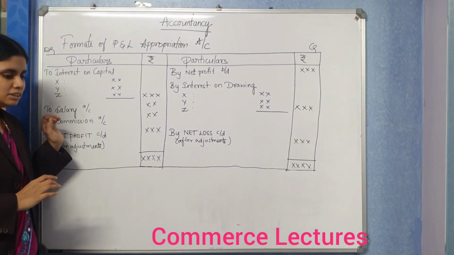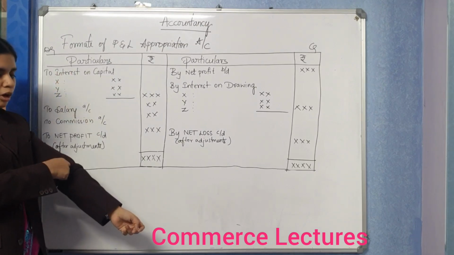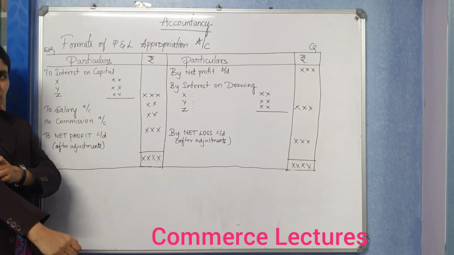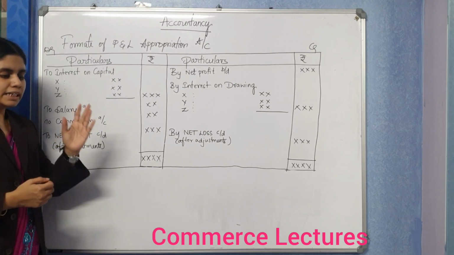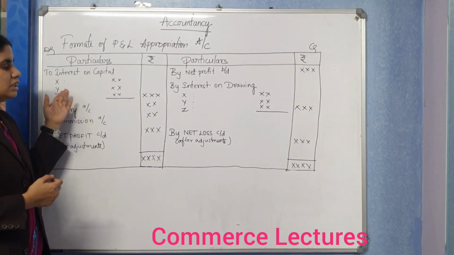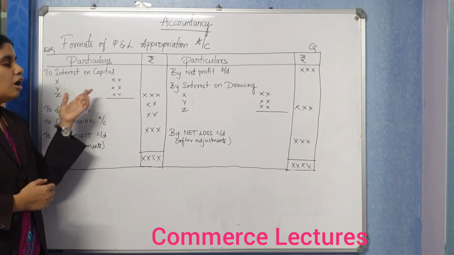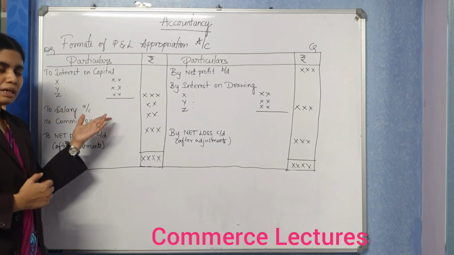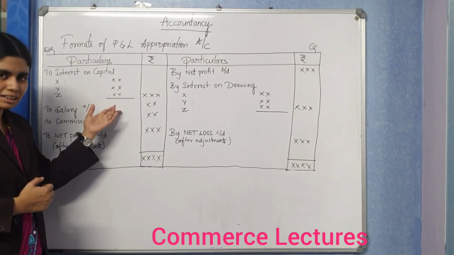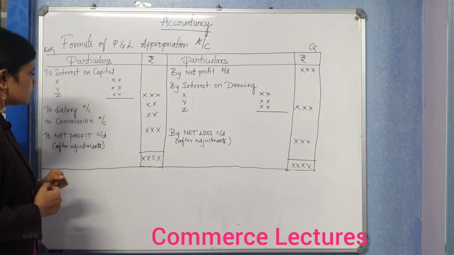On the debit side, you firstly enter interest on capital. Whatever interest on capital you are paying to the partners has to be entered here with their names. Even if it is one partner, you have to record that. If it is two, three or four partners, you need to record that here too, and the total amount should be shown outside the column.